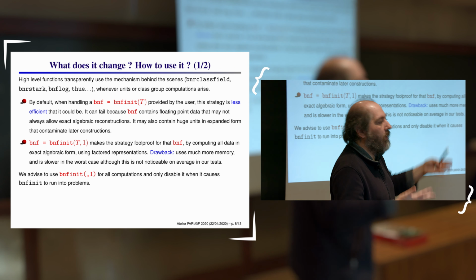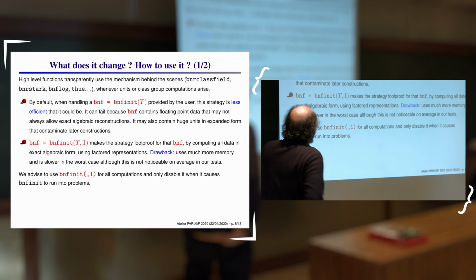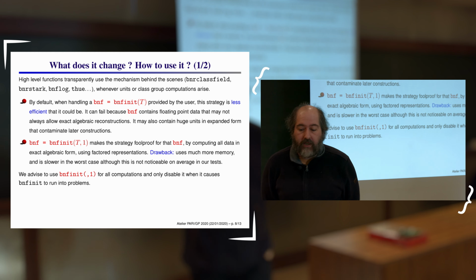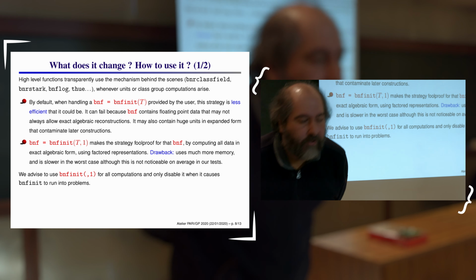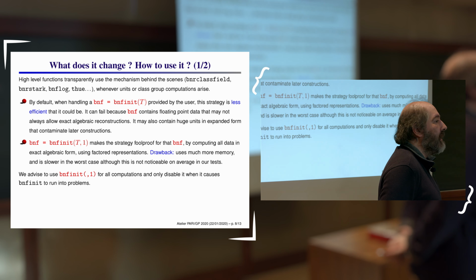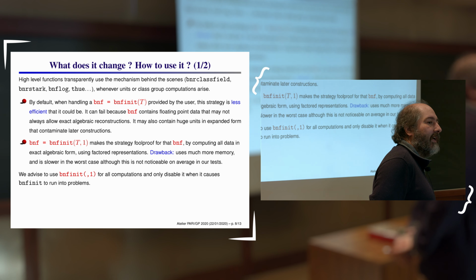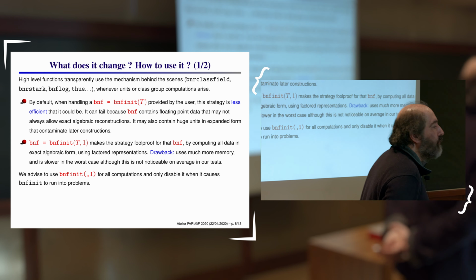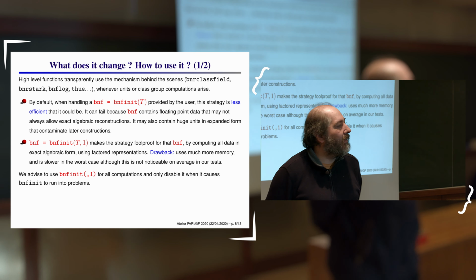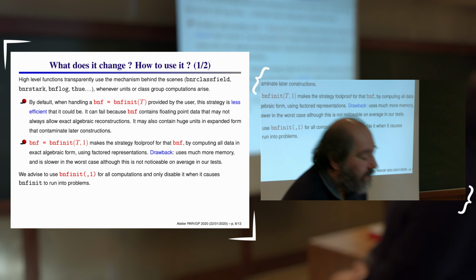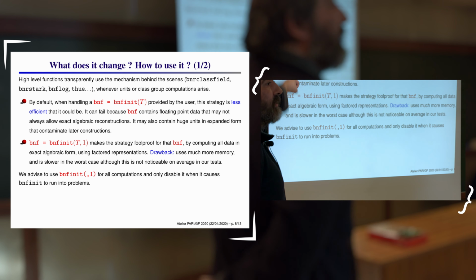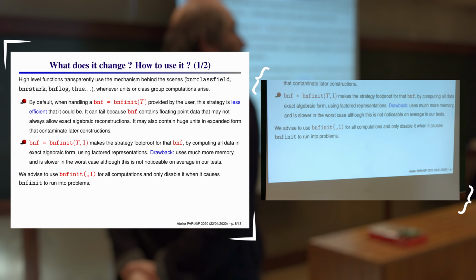Please compute with comma 1. Okay. Second way, comma 1. So it used to be something like increase precision until everything is fine, and we get some algebraic form for everything. Now it means exactly the same thing functionally. It means compute everything in algebraic form, but not just by increasing the accuracy until everything works,